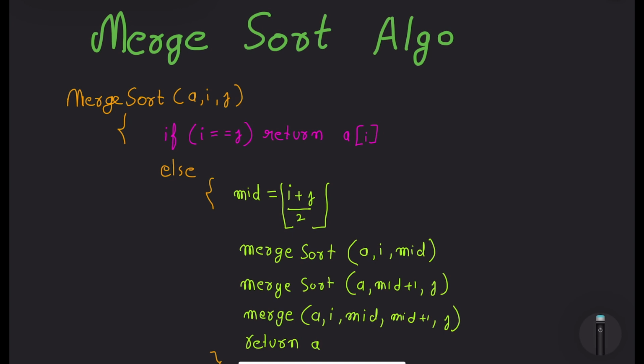Let's see the merge sort algorithm. We have our function merge sort. It takes the array A, starting index i and ending index j as input. First we will check if